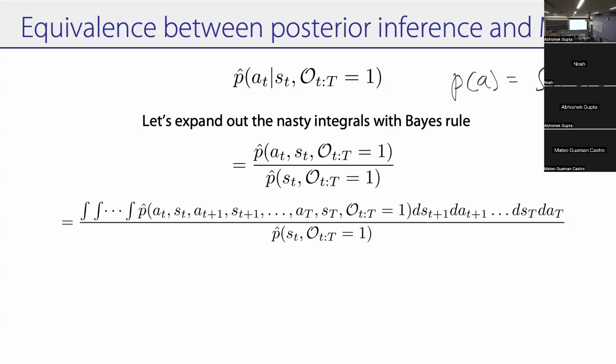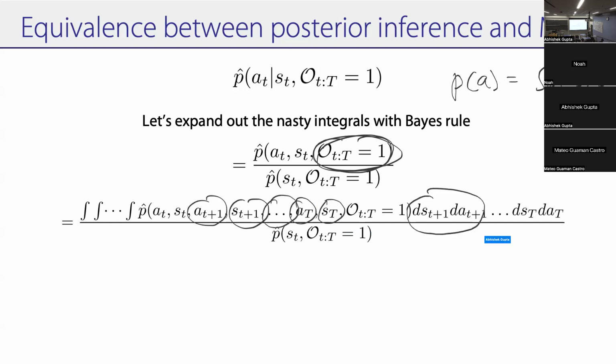So you can add a bunch of extra variables and then marginalize them out, right? The reason to do that is you have future optimality, but this numerator doesn't have future states and actions. So we're going to add in all the future states and actions and then marginalize them out. Because you can't know what is optimal in the future without knowing what states and actions you have in the future.